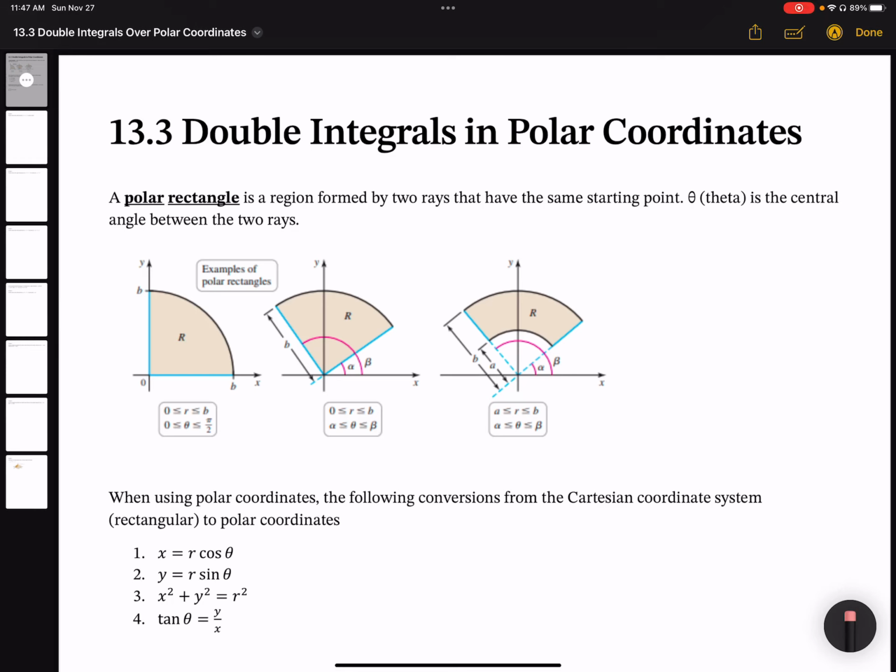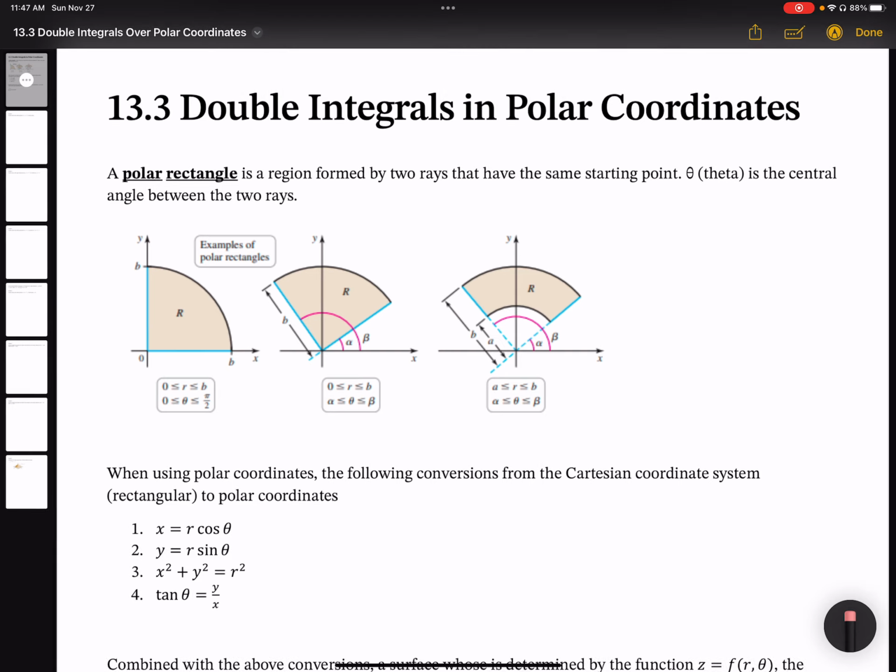Hey students, in this video we're going to talk about double integrals in polar coordinates. In this section we're going to be integrating over what we call polar rectangles, and it's just a region formed by two curves. There's going to be an angle that the region starts at and an angle that the region ends, and